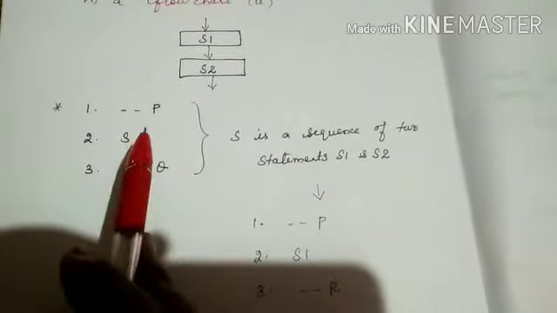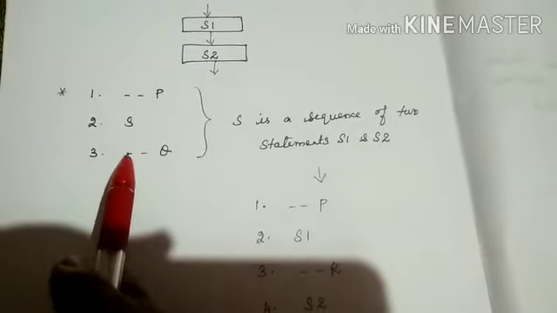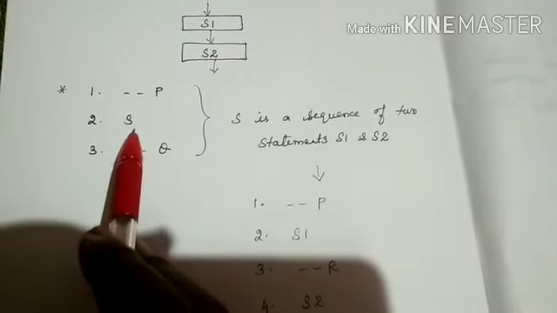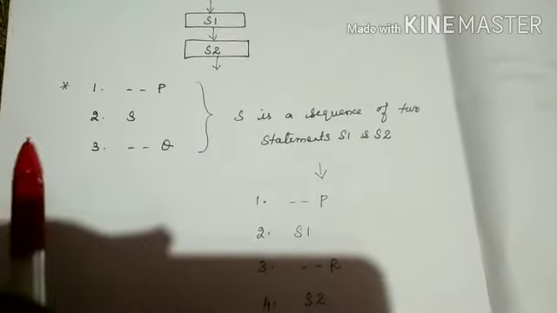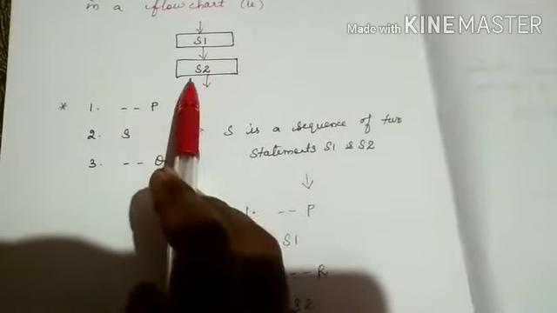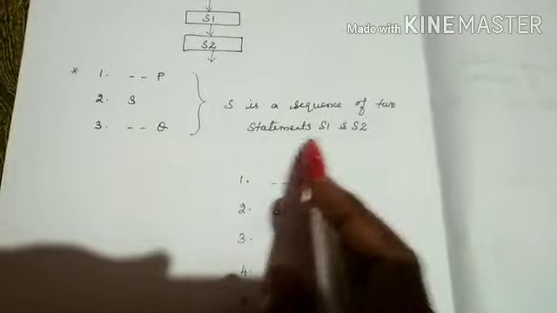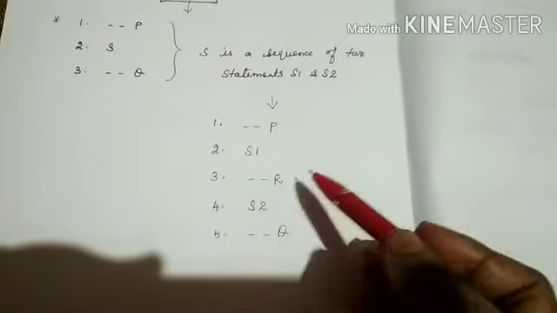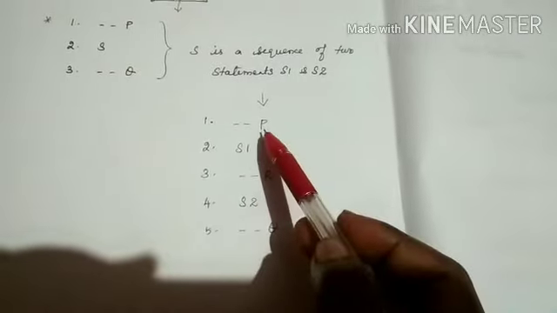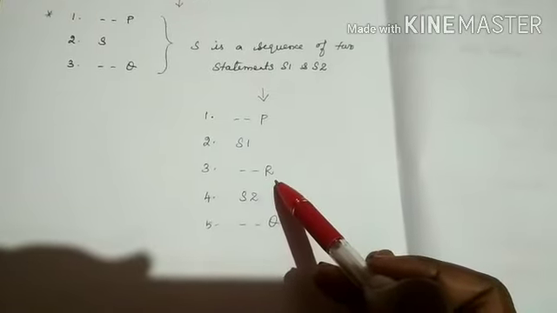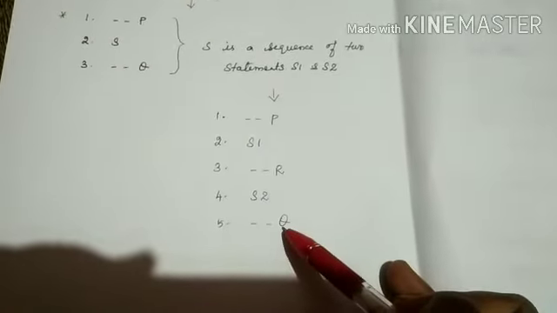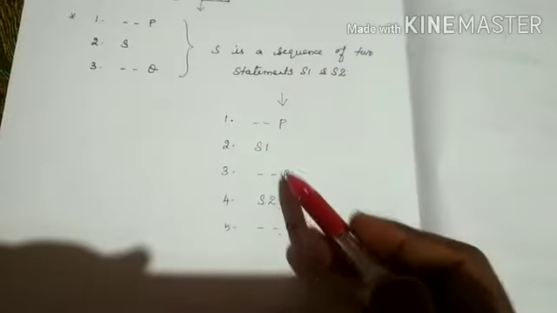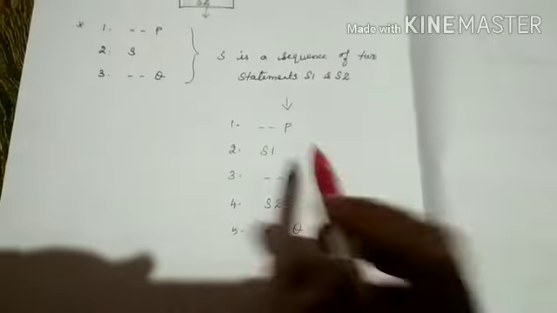Okay, this is the specification of the above statement. Here P is the input property, Q is the output property. S is the sequence of statements. Here two variables are declared. So S is a sequence of two statements, that is S1 and S2. P is the input property, R is the input and output property relationship, Q is the output property. Here S1, S2 are the statements.